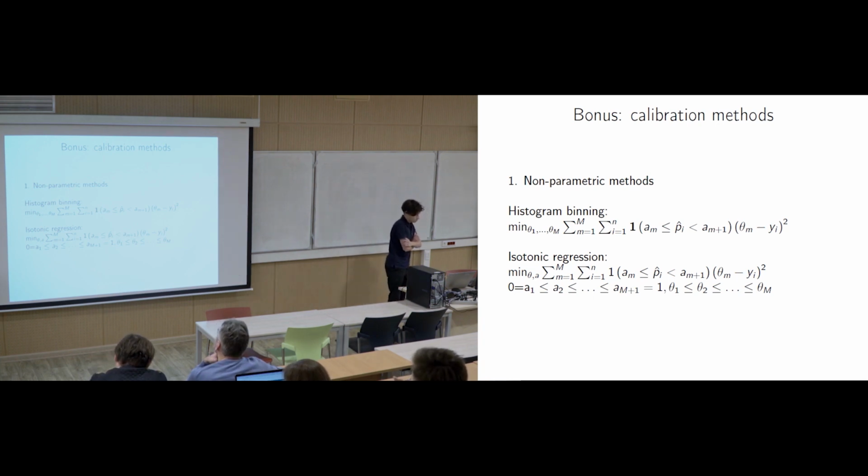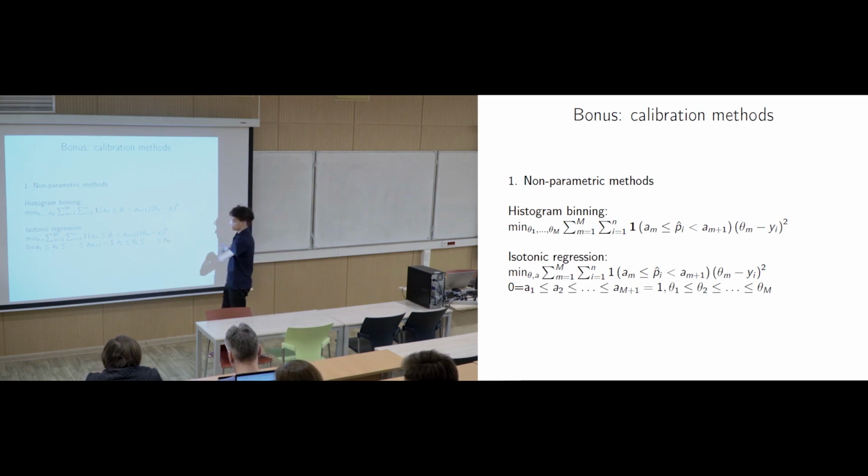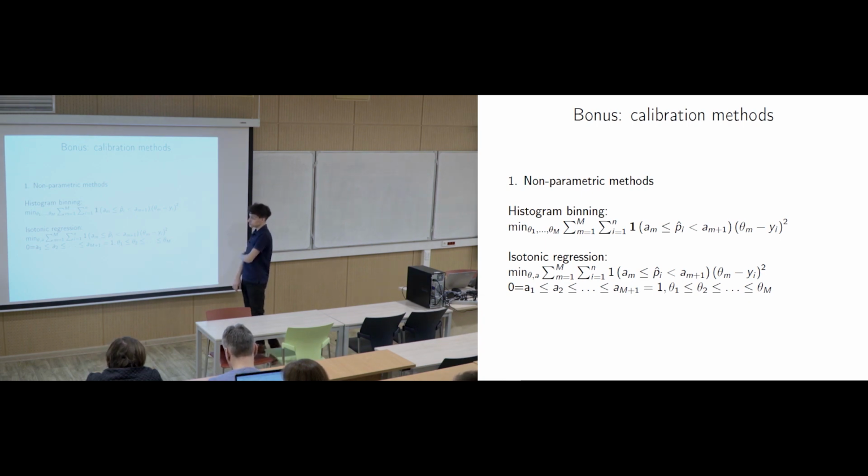Histogram binning refers to the procedure where you take your model, G, and you do the binning of the simplex again. Like for a problem with two classes, it is a one-dimensional simplex. You take, for example, 10 bins, and then for each bin you compute the average value of the probabilities of positive classes for all objects, predictions for which fall into this bin on the simplex. And